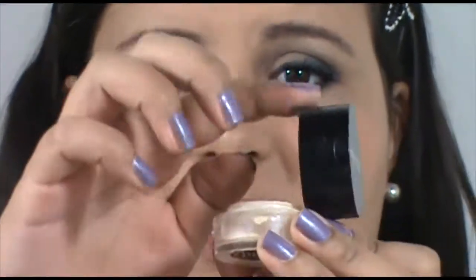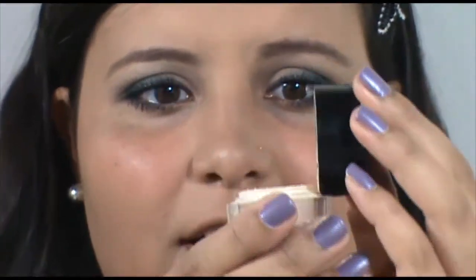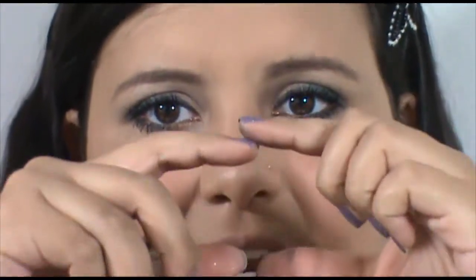They actually redid the packaging of these. So if you are one of those people who, like me, is really frustrated by the packaging, the idea of having your powder not only everywhere because it's loose powder, but also falling over all the time because this part of the packaging is heavier than the bottom portion. Don't worry, Bobbi Brown recently redid this. The pale yellow powder is now in a pressed form, and the concealer is right next to it in a nice little bean-shaped kit, which is really nice and much more handy and easier to use, less messy than this